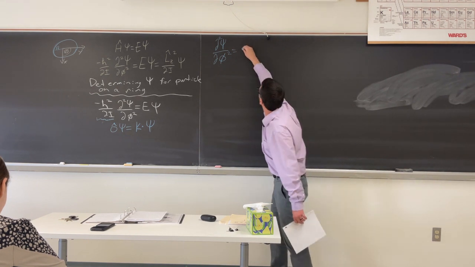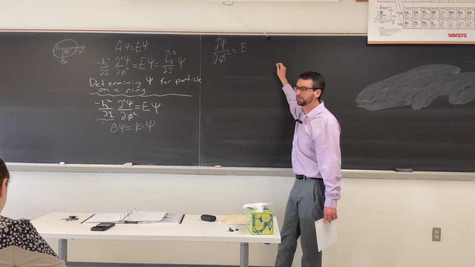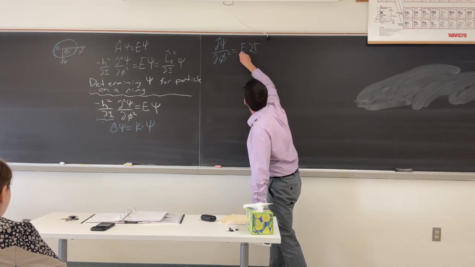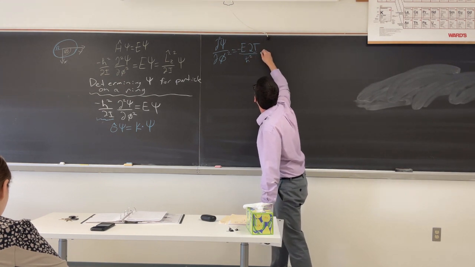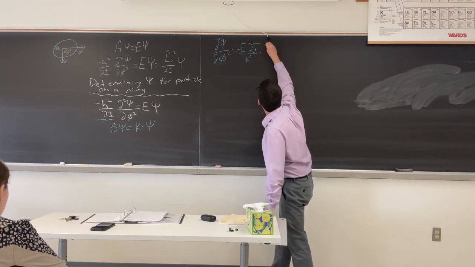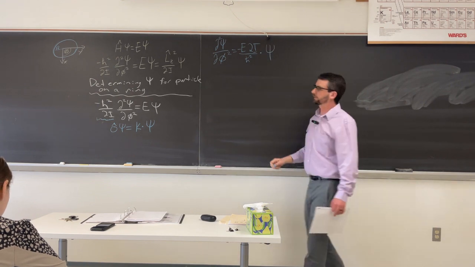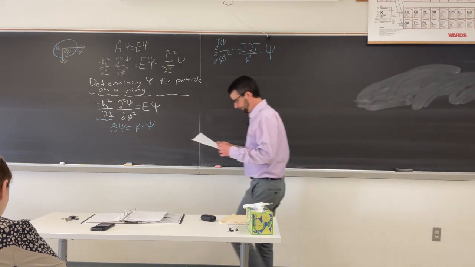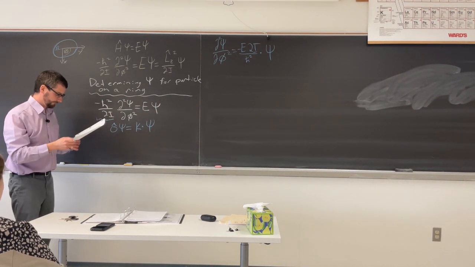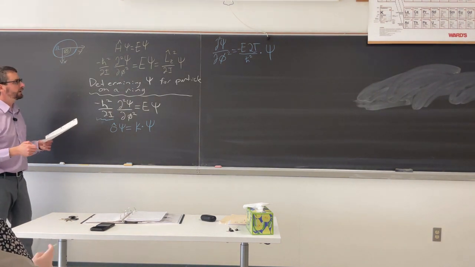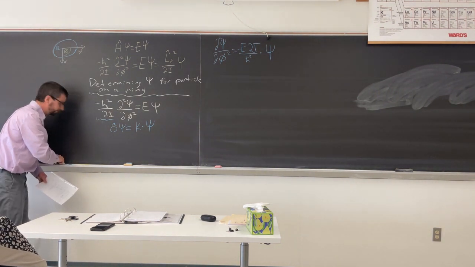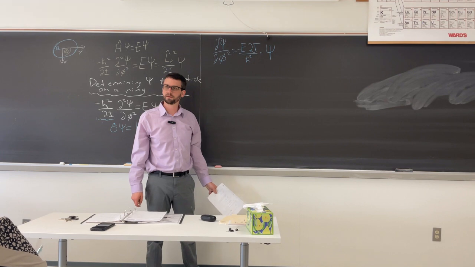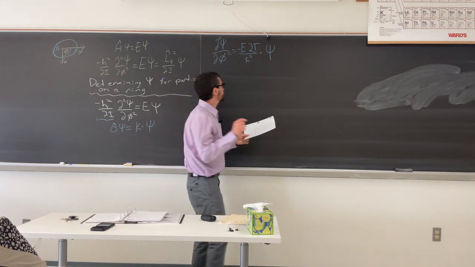Okay, let's move all the other stuff over to the other side. So we get E. What else do we have here? Yep. Times what? Yep, wave function. Okay, does that look like an eigenfunction eigenvalue relationship? Yeah. Okay, Lily, you already told me what all this junk was. What's all that? It's all a constant. Okay, so we can define,